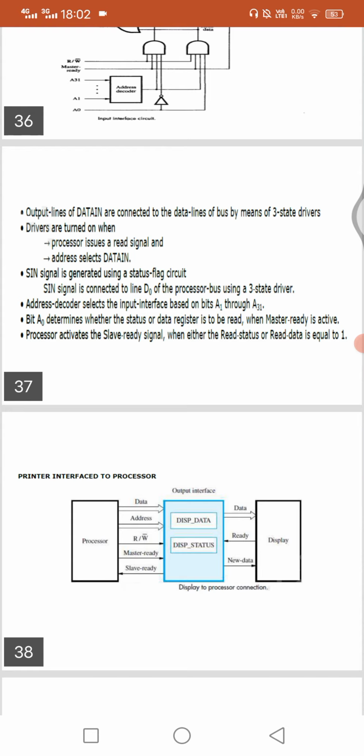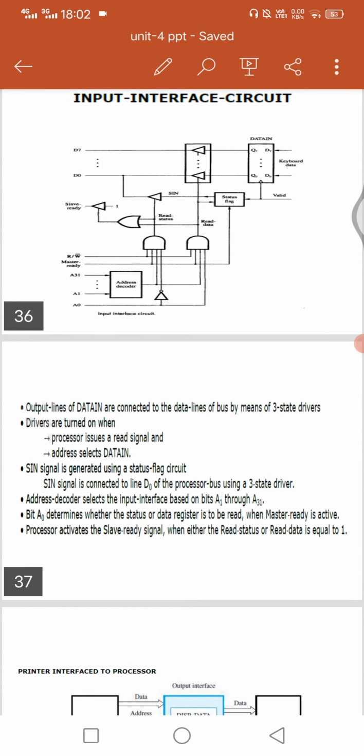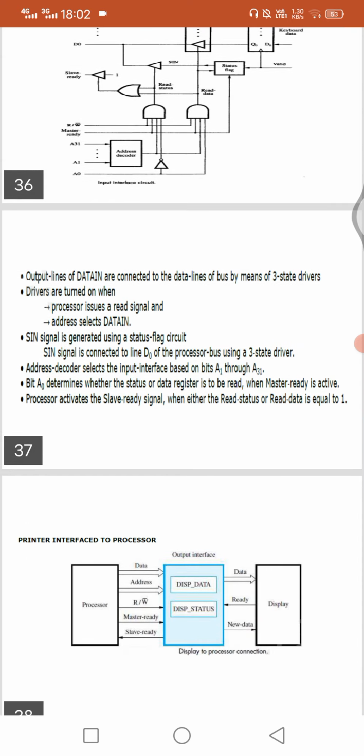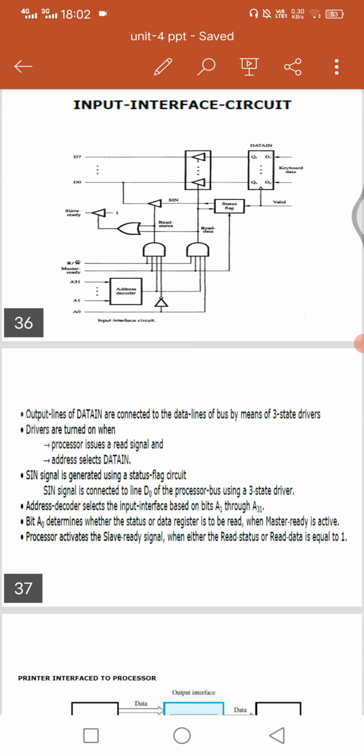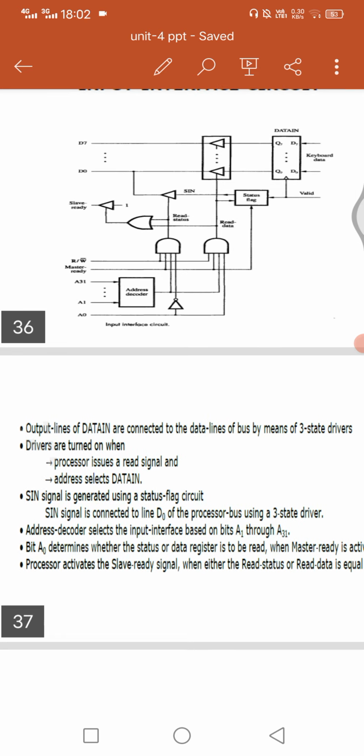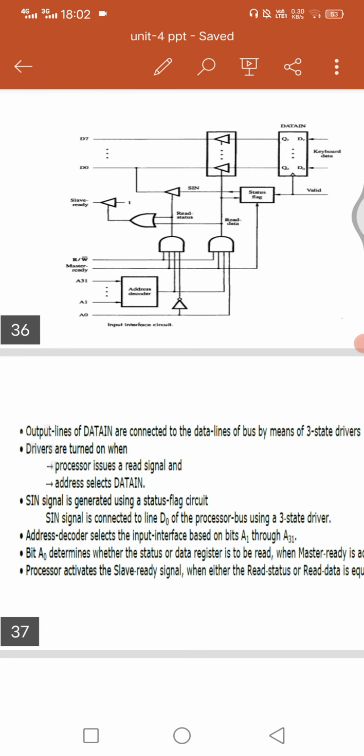See here in the diagram, the SIN signal is connected to line D0 of the processor bus using a 3-state driver. The address decoder also is there. The address decoder selects the input interface based on inputs A12 through A31. Here the address contains A1 to A31.